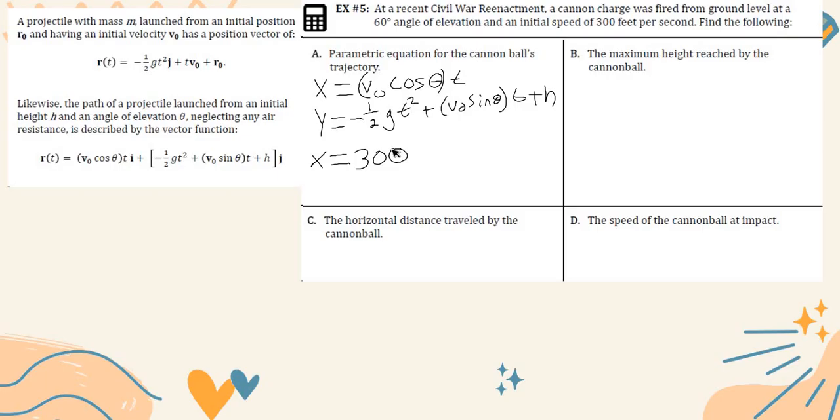Yeah, 1/2, times t. So this is just gonna equal 150 times t. Well, if cosine is 1/2 at 60, that means that sine is